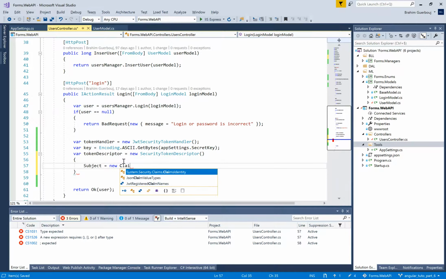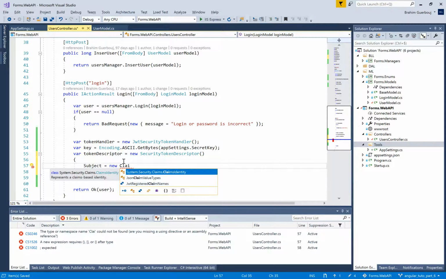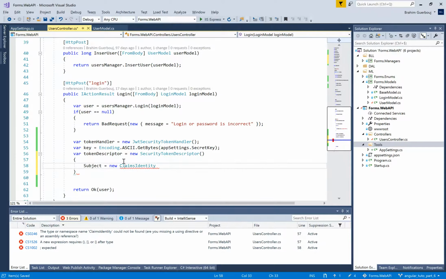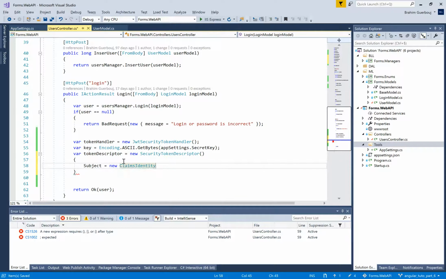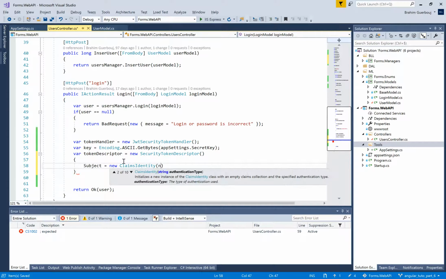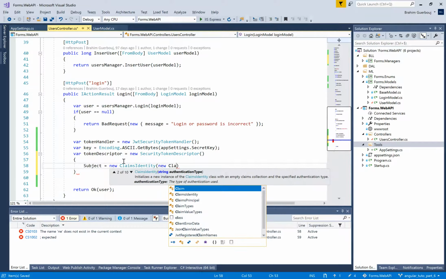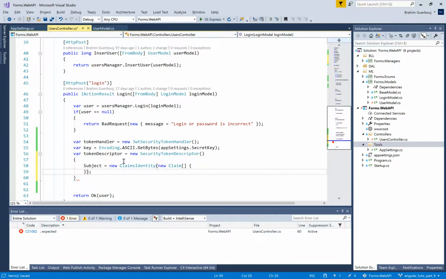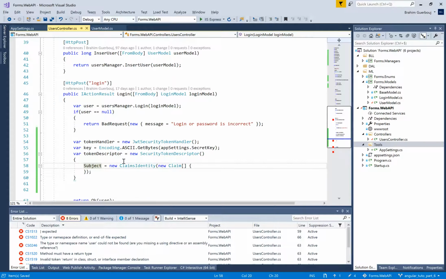So the subject, the property subject, is equal to new security new claims identity. Let's import it, and which takes an array of claims. So it will be new claims type of array, and let's add new claim,